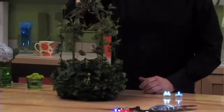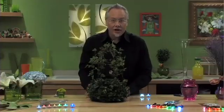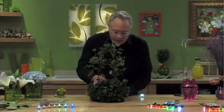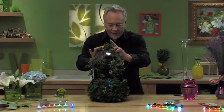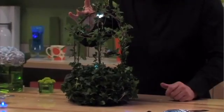I got these bird cages in for a party for Schubert Nurseries. I love them, and they would be a wonderful accent on a table. But what about at night? Well, we could tuck submersibles down inside to give it an illumination. But if we use the double at the top and connect it, we're going to have illumination throughout the entire